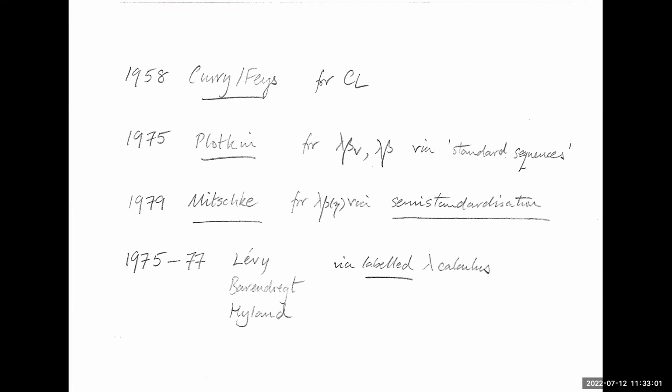Unfortunately, it had already been proved by Gordon Plotkin in 1975 for the call by value lambda calculus in a paper suggestively titled Call by Name, Call by Value, and the Lambda Calculus. And I think after he does it for call by value, he then basically repeats it in a paragraph for call by name. And we're going to look at the call by name version. So this is a theorem that already had a proof before the proof of it was published.